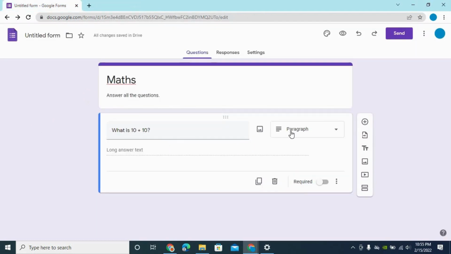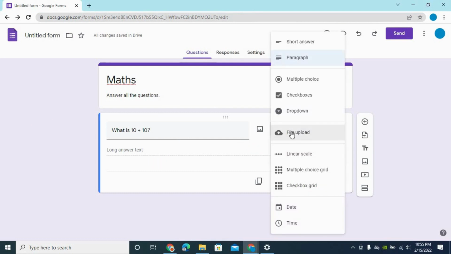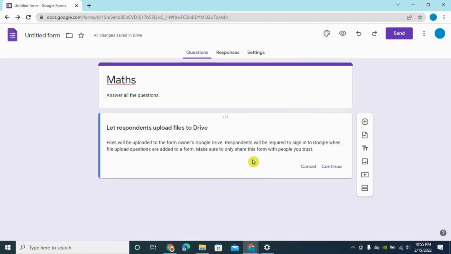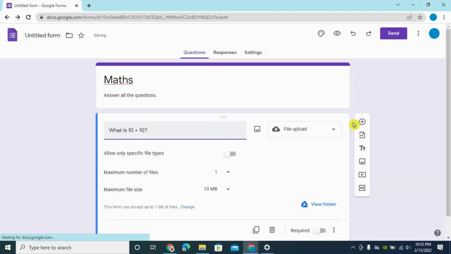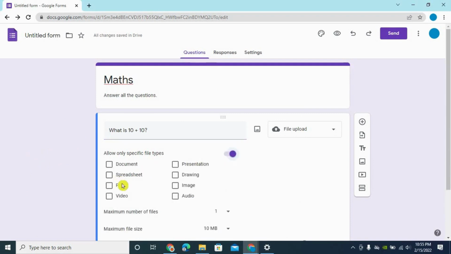Now we will be learning how to create much more secure questions. You can put questions where they ask you to upload a file. That means you need to allow this by clicking on continue. Then it'll load, and you only have to specify. If you want to allow only a specific type, like a PDF or maybe Word, click on this and then choose whether it is PDF or image. You can choose several of these options,